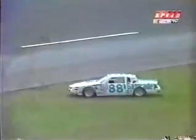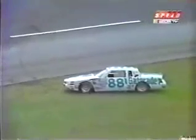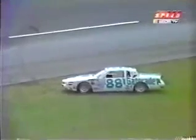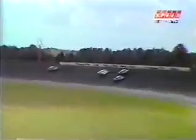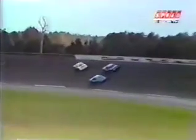You wonder if there is an upset in the making here today. Let's have a replay of what happened with the Cliff Stewart car. Petty is out. Allison is out. You begin to see some new faces up on that leaderboard. There's Rusty Wallace in a lot of trouble. He did a reverse spin and...